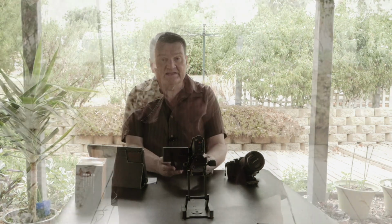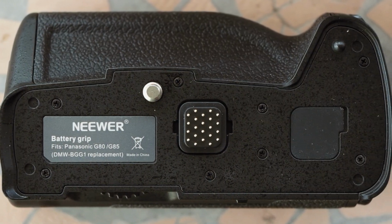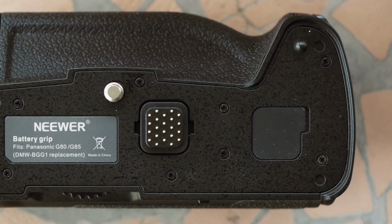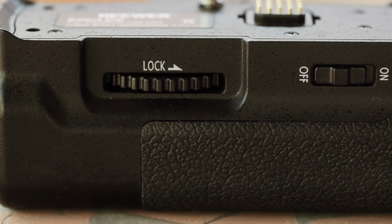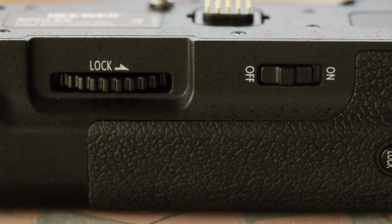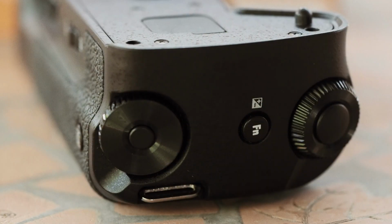Well, looking at it, it looks like a direct clone of the Panasonic unit. Amazing. They could be made in the same factory. In fact, the only thing that really distinguishes them at first glance is the label that says Neewer. If you look at it carefully, you can see that the body is made of plastic, but so is the body for the G85. It has the same sort of finish as the G85, the plastic, sort of like a black crackle